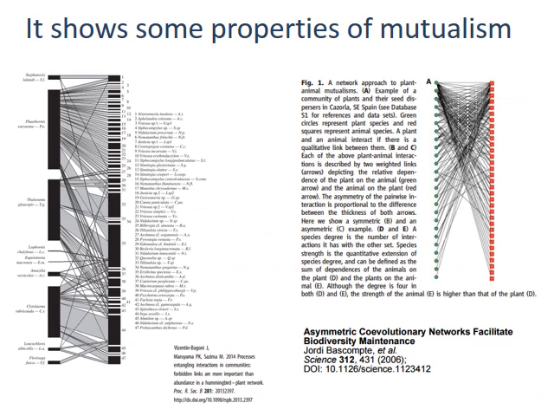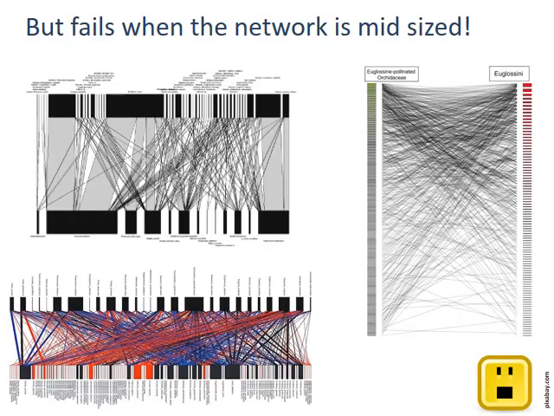On the left side we have a weighted bipartite plot. The width of each link is proportional to the interaction strength. On the right, a typical unweighted simplification, showing a clear pattern of nestedness. There is a core of very interconnected species called generalists, and specialists are tied to that core but not between them. But the bipartite plot fails when the number of species grows.